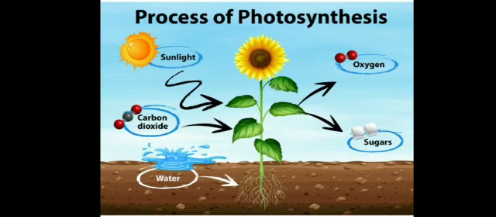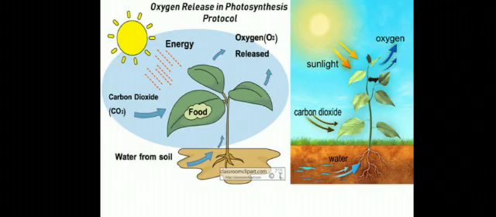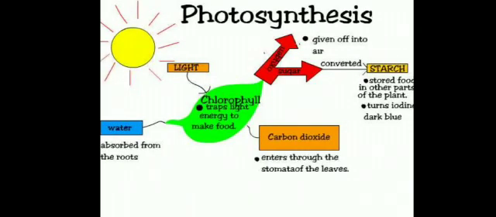Dear children, the food prepared by plant is utilized for their growth, and the extra food is stored in the form of starch in other parts of plants like fruit, seed, root, stems and leaves. Apart from this, you can see clearly how the process of photosynthesis is done by the plant and how they convert starch through chlorophyll and sunlight and carbon dioxide.